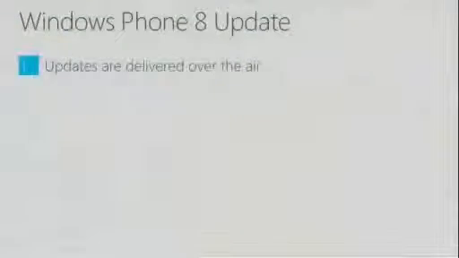And let's talk about software updates. This is an area where our entire ecosystem has been challenged. OEMs, operators, platform vendors, getting new software on devices has been a challenge. But we have been working with our partners on how we might do this. Can we find a path that really puts the consumer's interests first? And I believe we have found that with Windows Phone 8. The first step on that path, all software updates for Windows Phone 8 will be delivered over the air. There will be no more